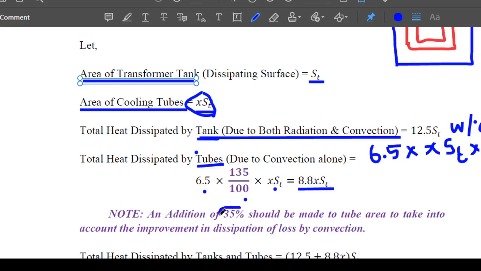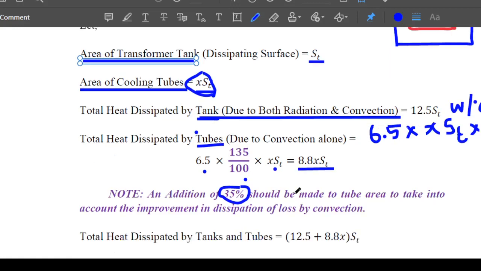So this 35% is a standard value. It depends on the application and the client specification. Suppose a client is saying that 40% is required, additional 40%, then you have to put 6.5 into X into ST into 140%, that is 140 by 100. Okay, if nothing is specified, we'll take it as 35% additional value. Now